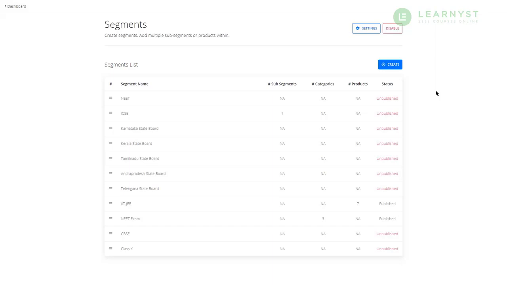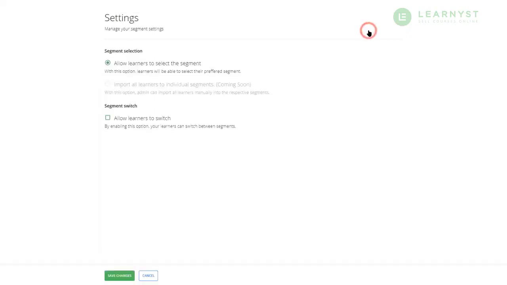Segments also have a setting feature to help you control how learners should access the segments. Let's go ahead and see how to access the settings. First, go to segments and click on settings on the top. Here, you can enable your learners to pick and choose any segments that they want. You will also find a checkbox called segment switch.